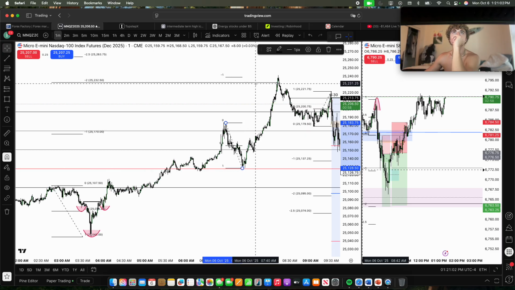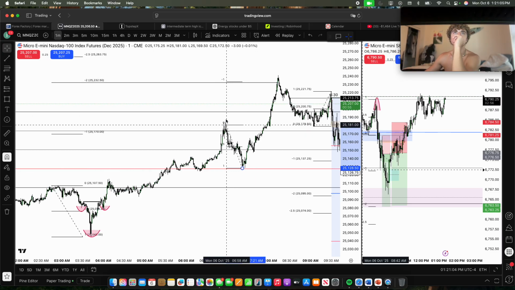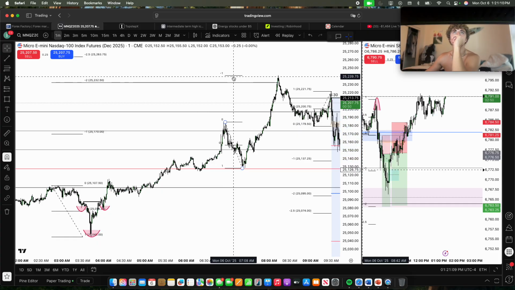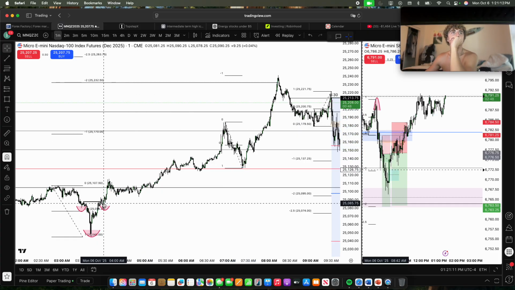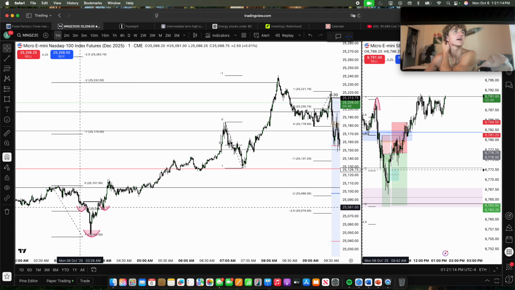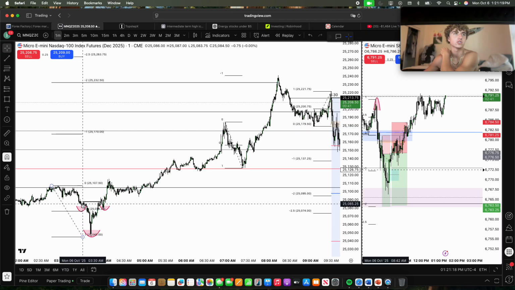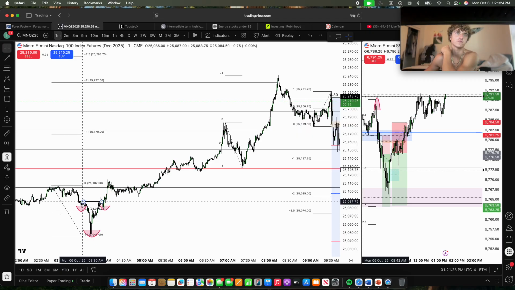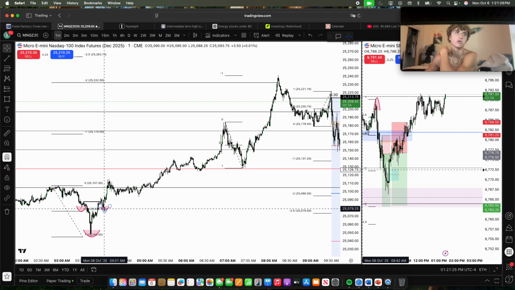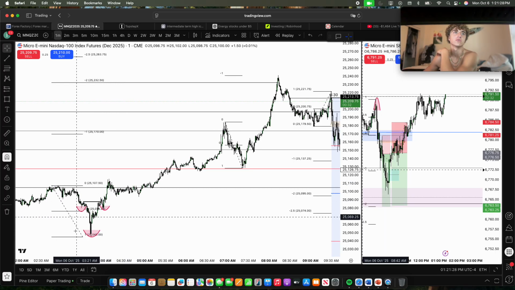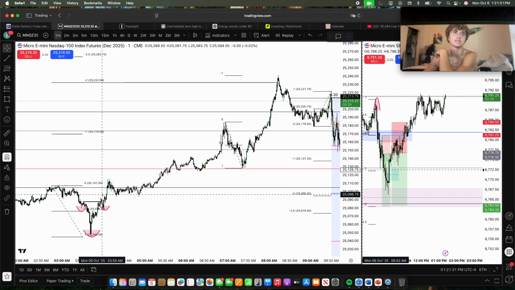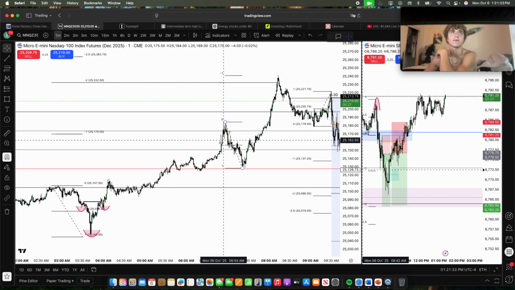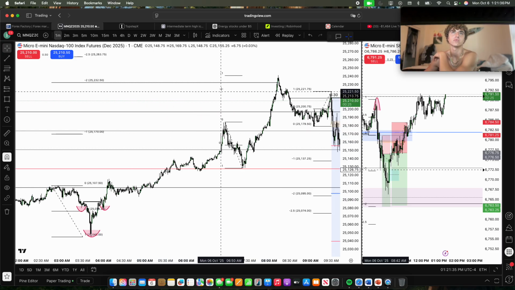You could argue that it's right here, as well as we tap into -1 of this standard deviation. However, I liked to use, wow, that's actually perfect, this one over here to the left, because of the fact we have this model over here. So we have a low, intermediate short-term high, break lower, intermediate term low. We get a market structure shift above this high, and we get another low, and then we break higher. So this right here perfectly took us into that buy side, and then working that daily wick.